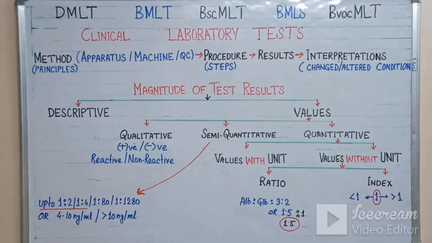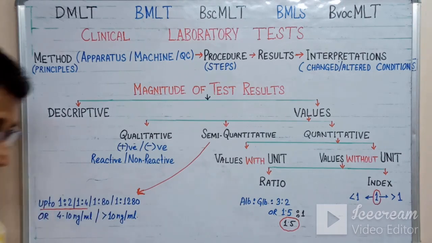Again in this test, another marker is more than 10 nanogram per milliliter. It does not mean that your value is 10.1; your value may be 100, your value may be 1000, but I am not writing it that way because I am just following my manufacturer's guideline. The guideline is that it is greater than 10 nanogram per milliliter of blood.